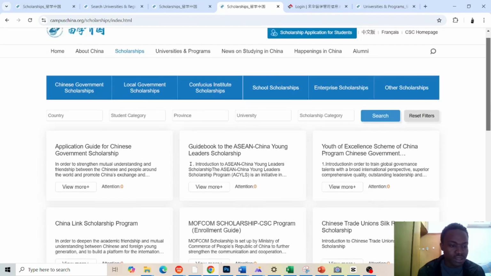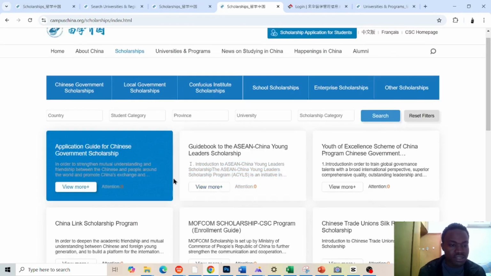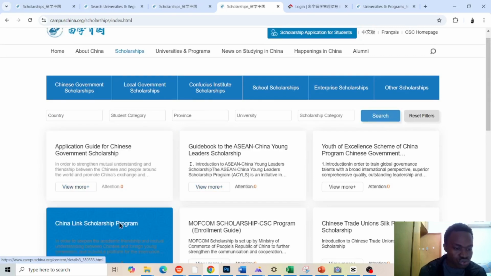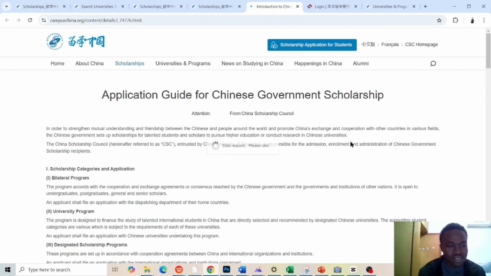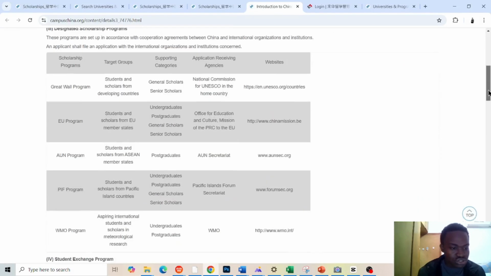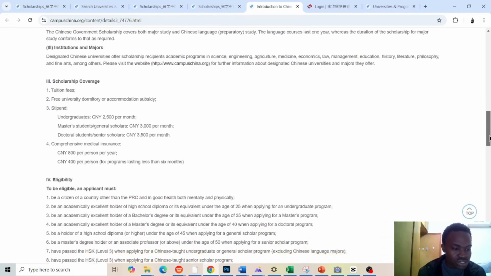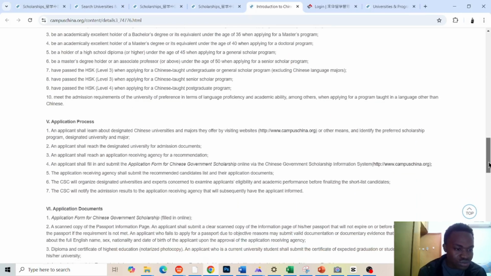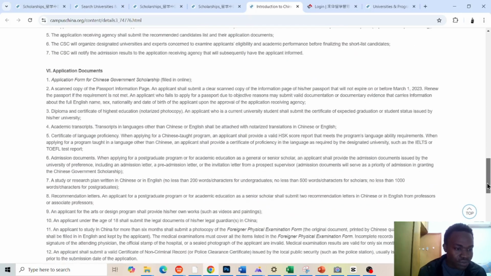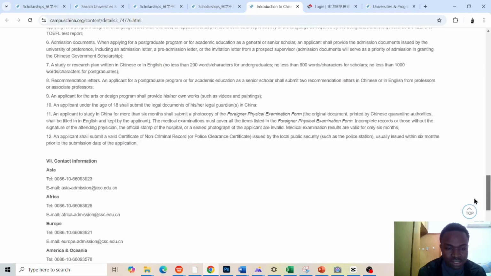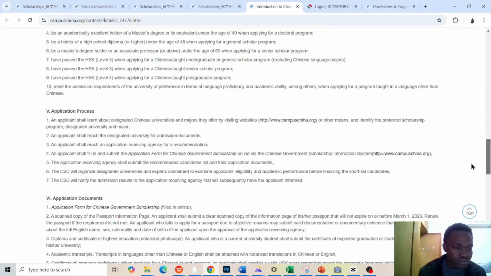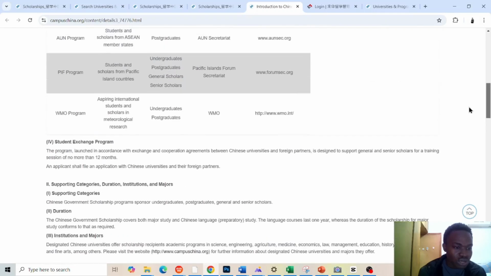scholarship in China. And also, there is another piece of information that I need to show you: the application guide. It's the type of documents that you need to get when you are applying. There is somewhere around here where you need to check the types of documents needed for your application.